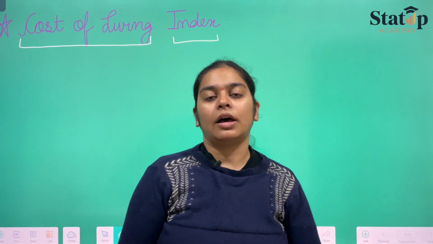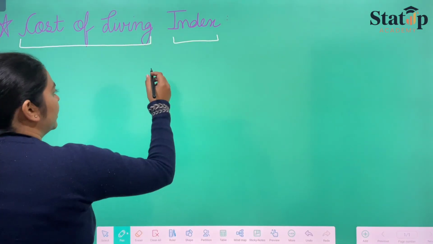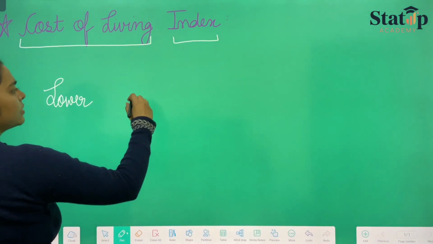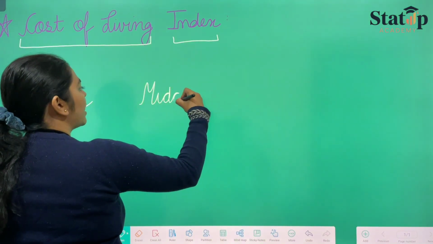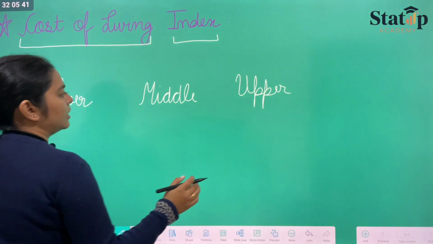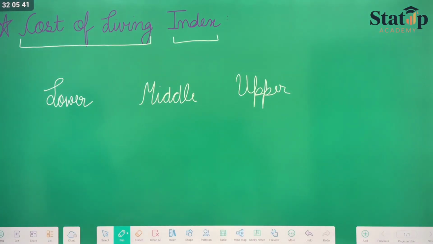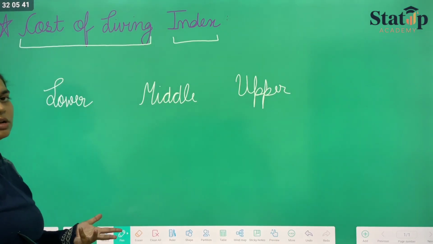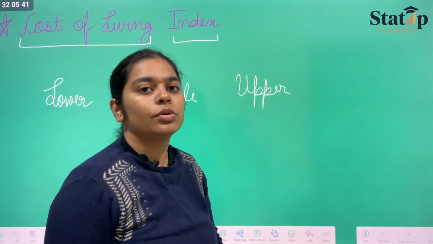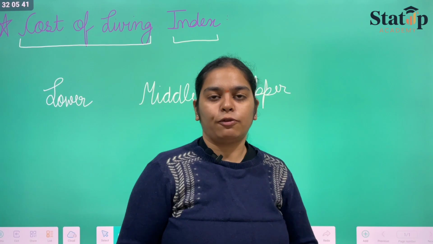Suppose that there are three kinds of income groups in India, which are the lower income group or lower class, then the middle class, and the upper class. Out of these three, we'll talk about one only at one time. So if I am comparing the cost of living of the lower class, or any worker who belongs to the lower class, to the base year, suppose in 2024 his cost of living